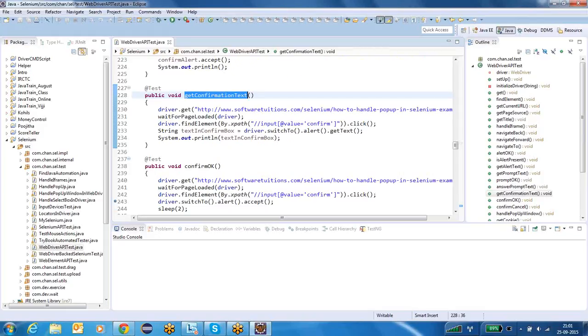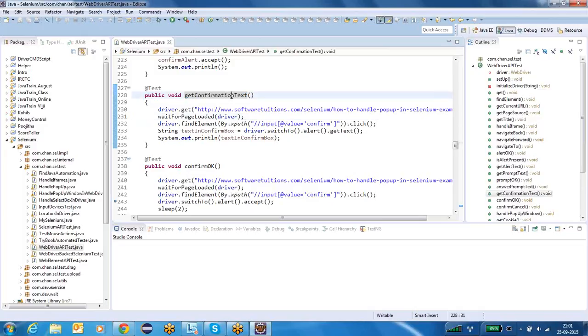In the try block you will keep driver.switch.alert, and if the alert is there it doesn't throw any exception. If the alert is not there it will throw a no such alert exception. Based on that, you will decide whether the confirmation is there or not. So the implementation is the same for all confirmation, prompt and alert boxes.